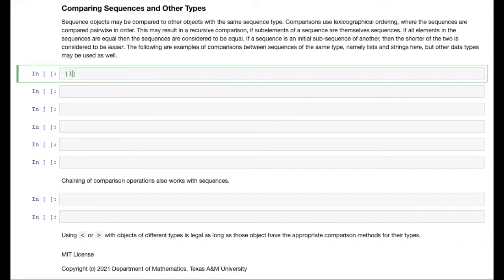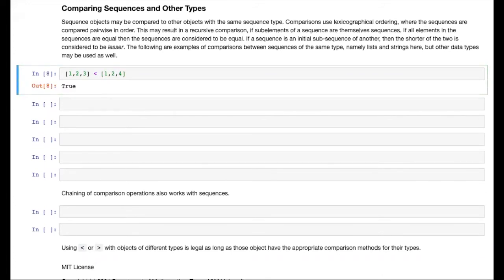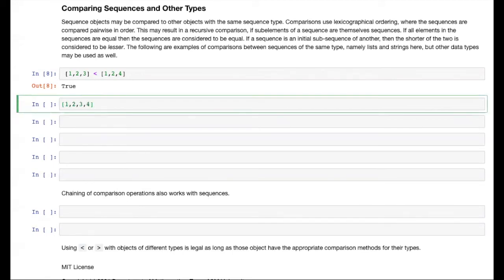So if we were to ask if the list containing 1, 2, and 3 is less than a list containing 1, 2, and 4, we would get true because the comparison checks the elements pairwise in order. It sees that the first two entries are both equal and continues on until it gets to 3 and 4, in which case 3 is less than 4, so the first sequence is less than the second sequence. If there were more elements in both of these sequences, the comparison would actually not continue comparing them. Once it finds a pair of elements that shows one sequence is less than the other, it stops and returns its result. So if we were to add an element, say, to the first list, we would still get true,